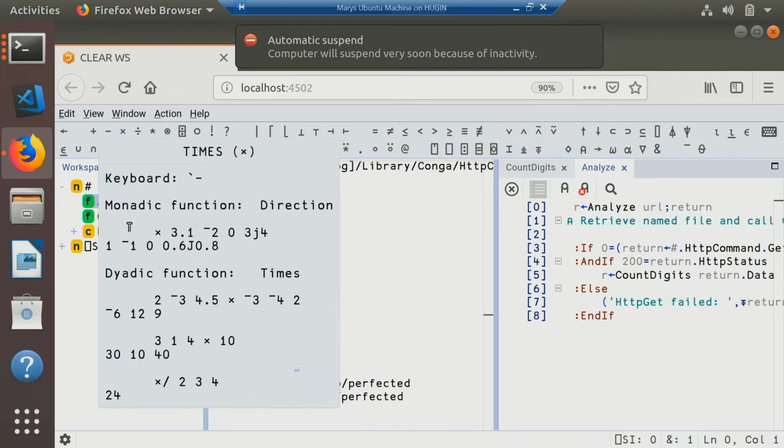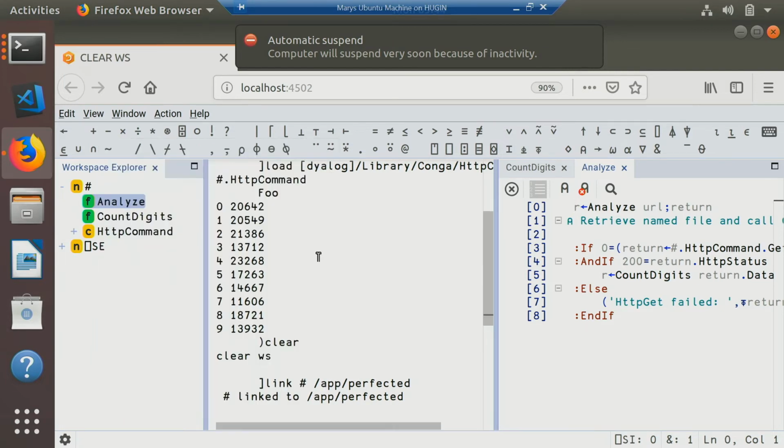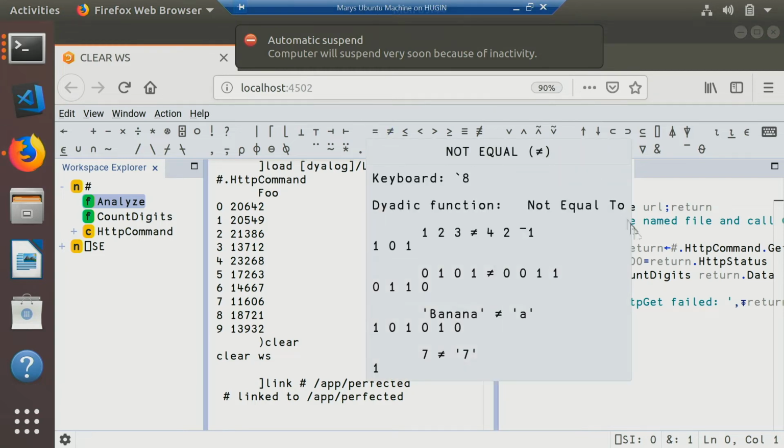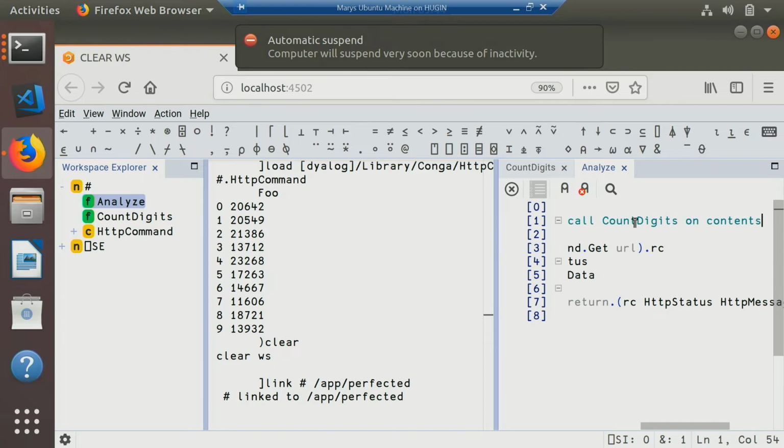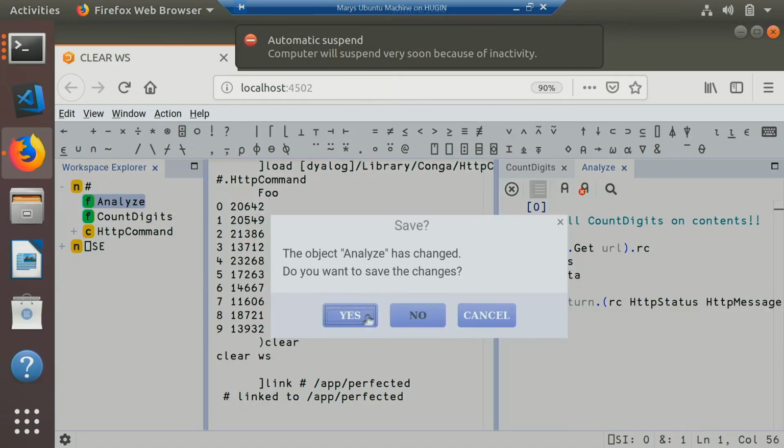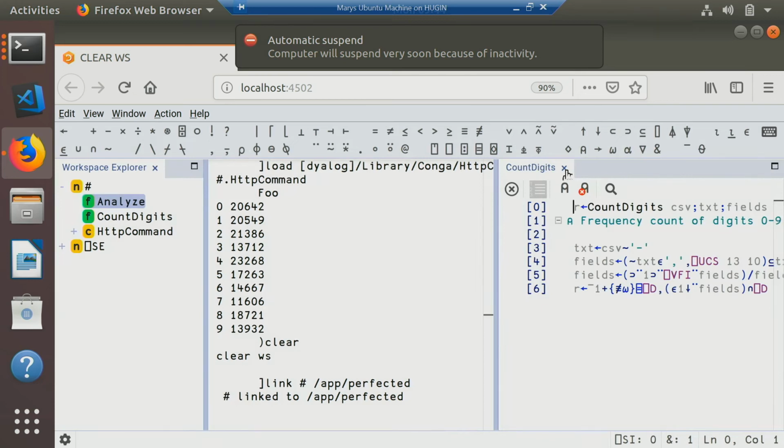I also put the HTTP command in there so we wouldn't need to load it, just to save a little bit of time. So if I now change this and say, this is really nice, save it,